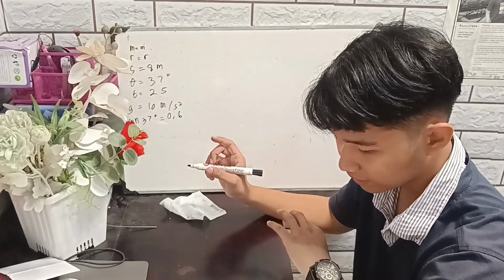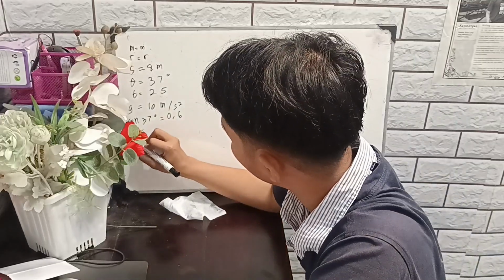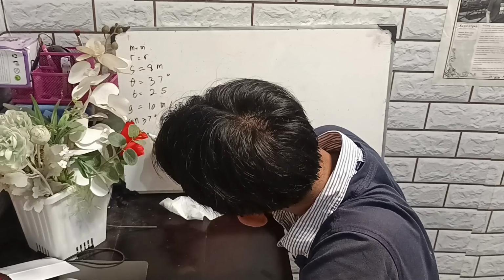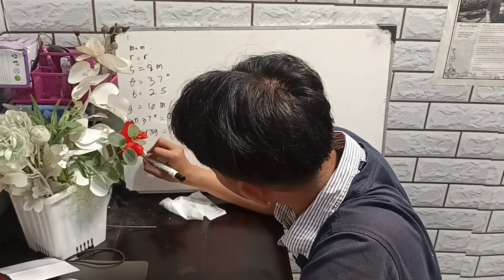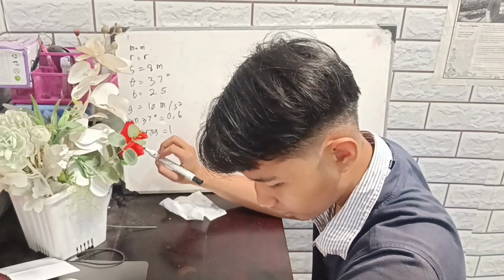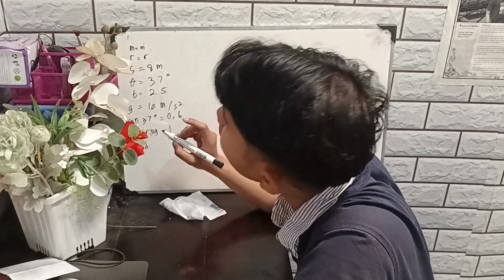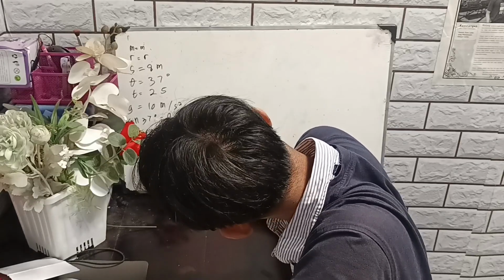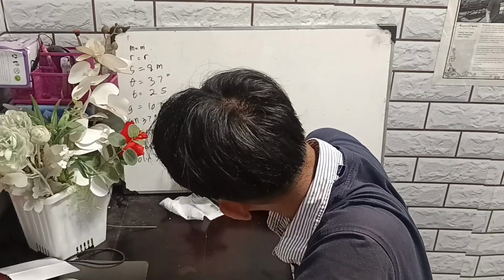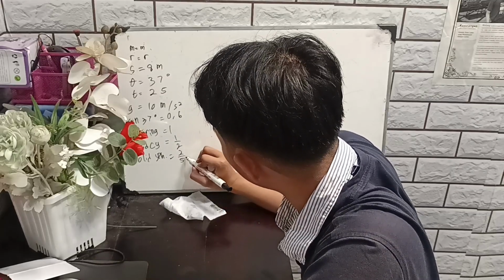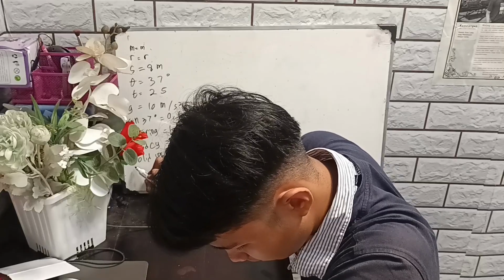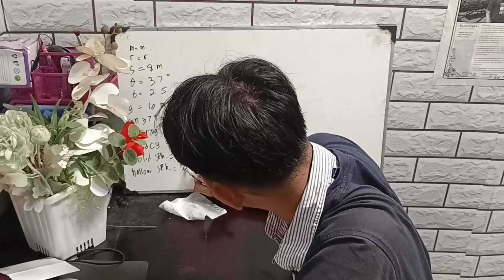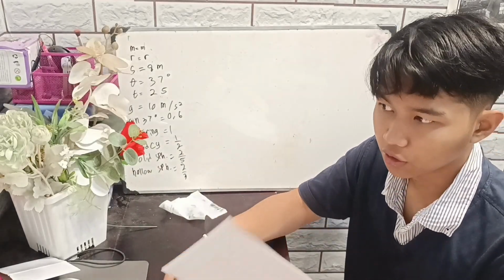We know that the thin ring is equal to 1, so we have to write it first. Thin ring, and then the second one is solid cylinder equal to a half, and solid sphere is equal to 2/5, and the last, thin hollow sphere, is equal to 2/3. And I won't use any of this.